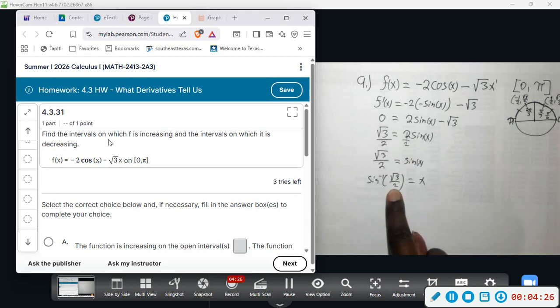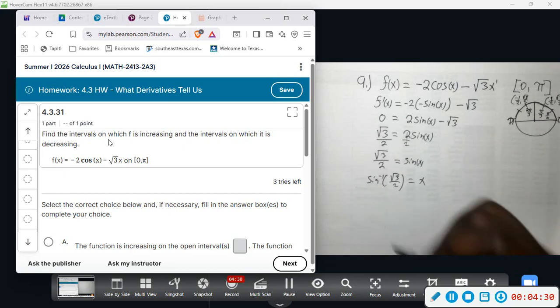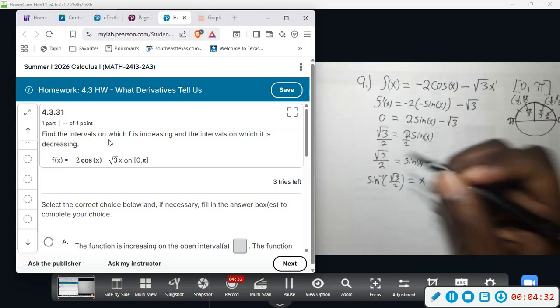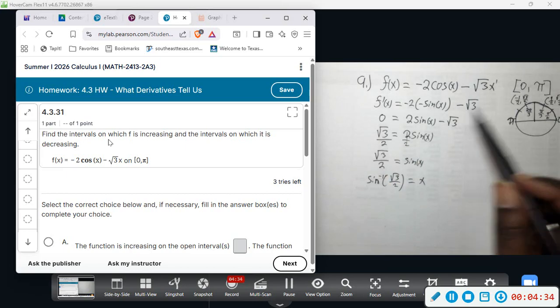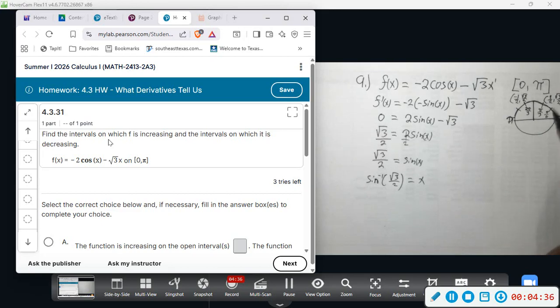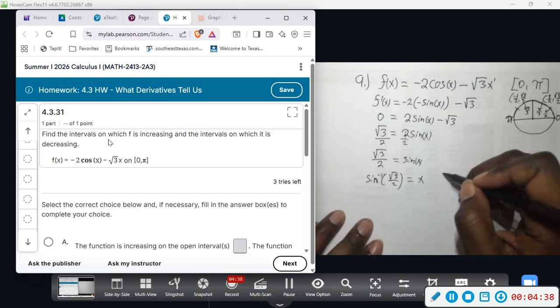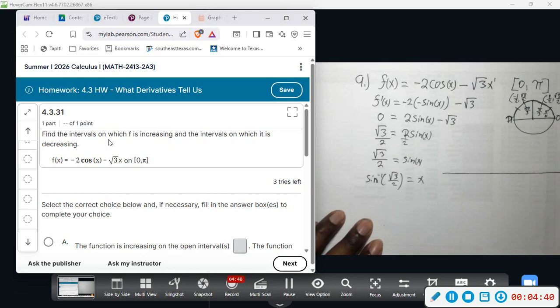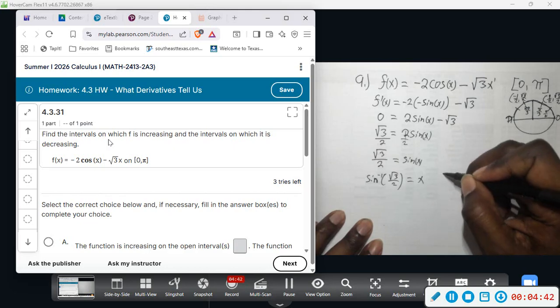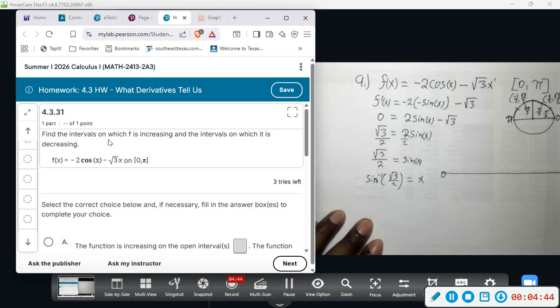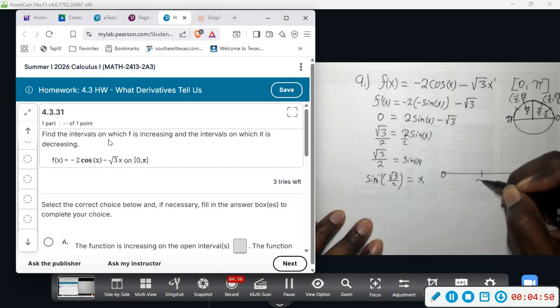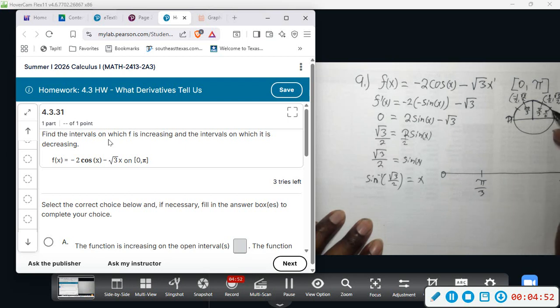But it's not really easy to see that, and you also got to kind of follow the rules for the inverse sine, the restrictions to figure that out. But since we are restricted from 0 to pi, I'm just using the unit circle. So we have 2 values. Let's say that this is 0, this is pi. We have 2 values, pi over 3, and then